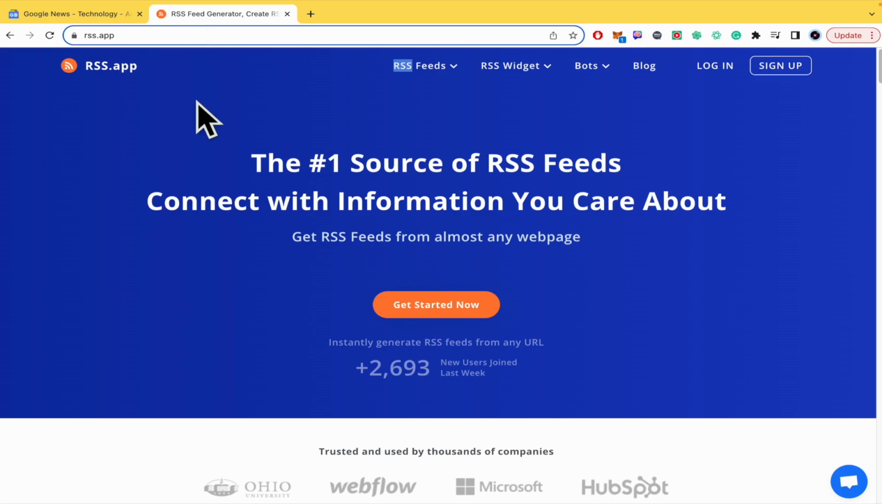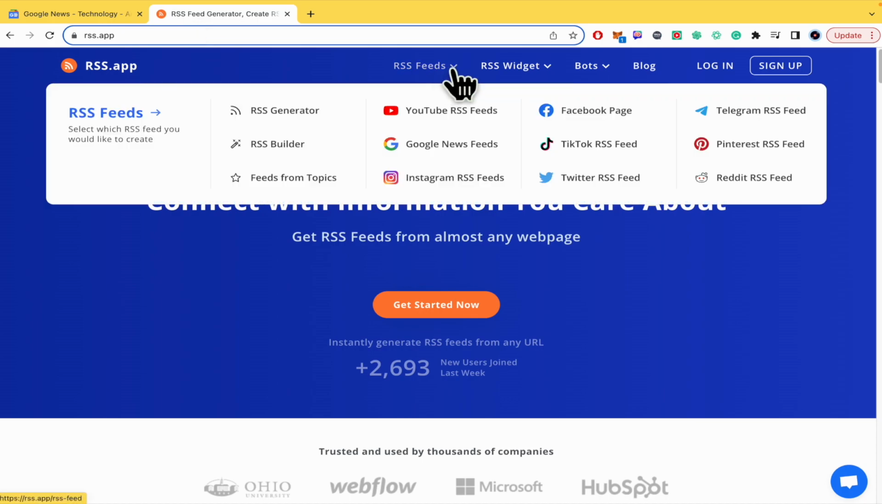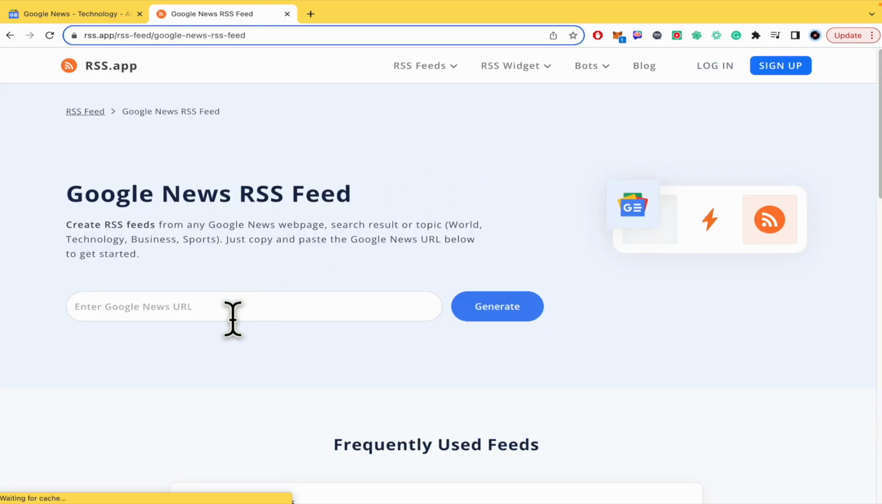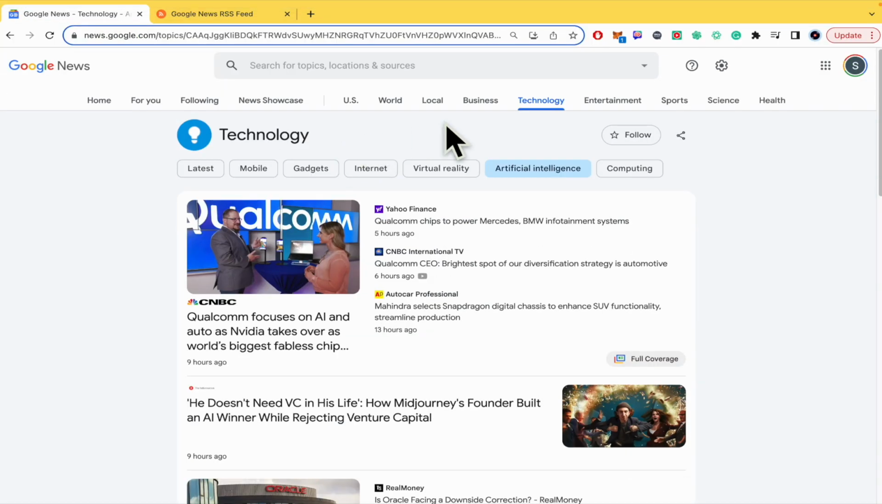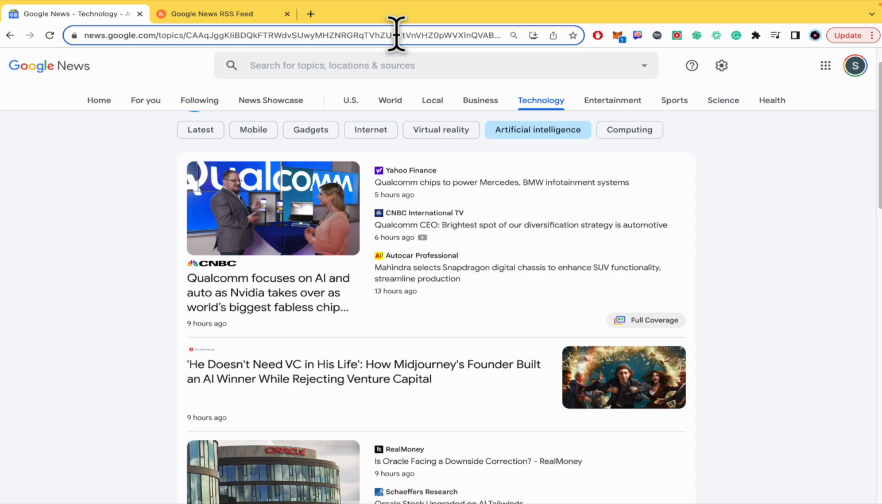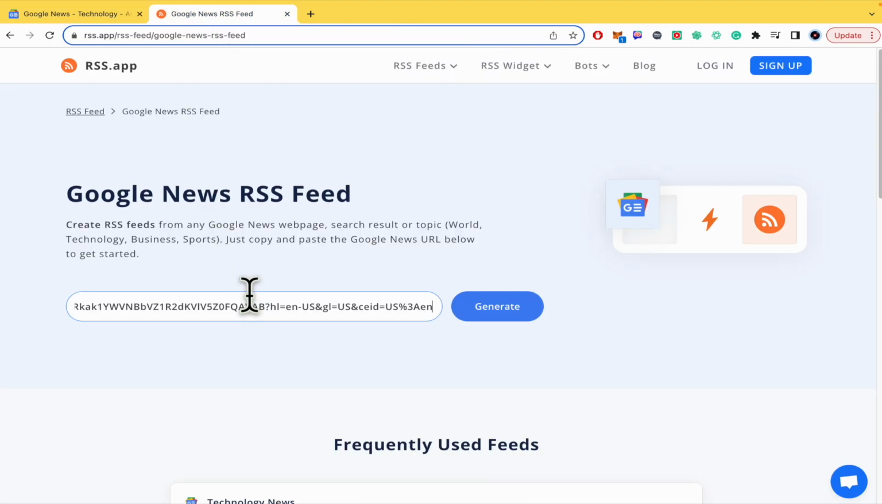Now if you open rss.app, here in the upper menu you're gonna find different options including Google News feeds. You can make the same with Facebook, TikTok, Telegram, etc. But by now I'm going to use Google News, and this is gonna ask me for a Google News URL. So if I go back into technology, I just have to copy the URL and paste it here, okay,